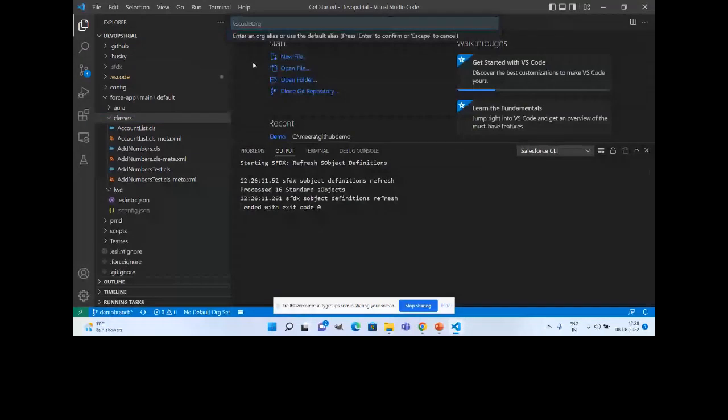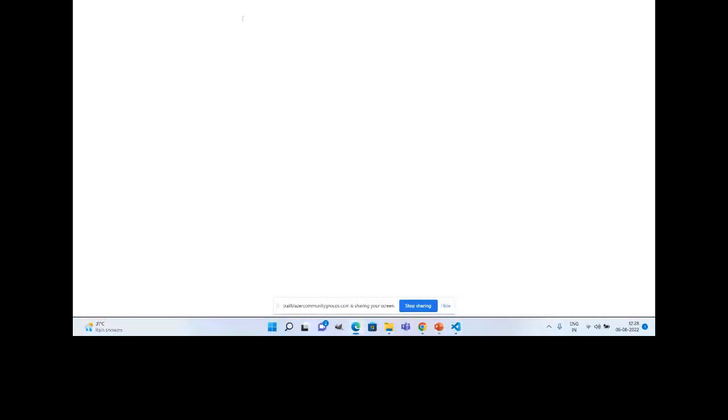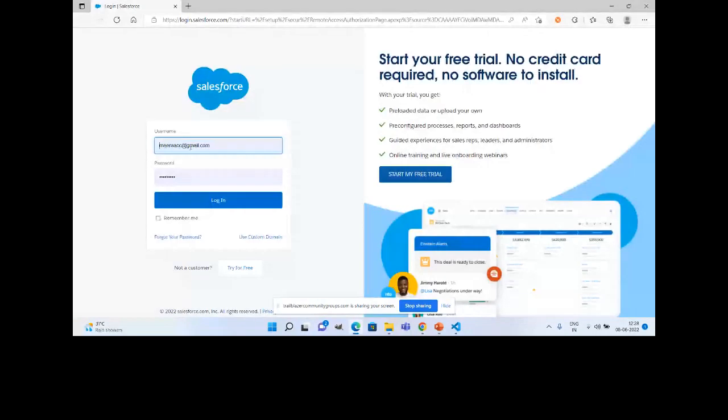I hope you are somewhat familiar with Visual Studio Code and the normal DX commands that are available. So I'm going to connect to my demo environment. I don't exactly remember the password, so let me give it a try.